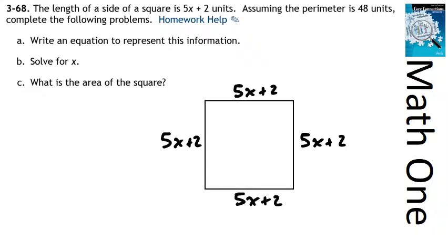So one of the ways I could represent the perimeter of this would be 4 times the quantity of 5x plus 2. That's the perimeter. The other thing that I could do, though, is, the perimeter is 48 units also. So that's 2 ways of representing it. So I'll basically set those 2 representations equal to each other, right? One of them is the perimeter is 48 units, and the other one it's 4 of these 5x plus 2s. Now, if I want to find the actual